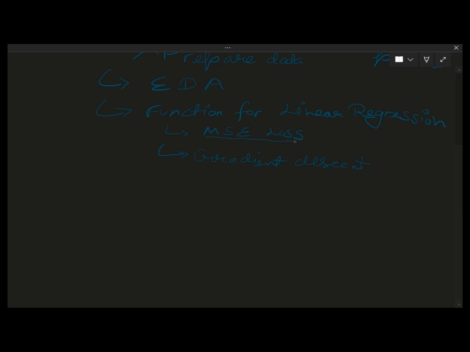MSE loss is used for getting the difference between the actual value and the predicted value. MSE loss, in brief, is the difference between your predicted value and your true value. And gradient descent is used to